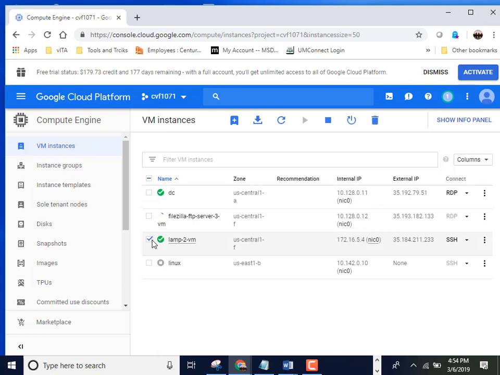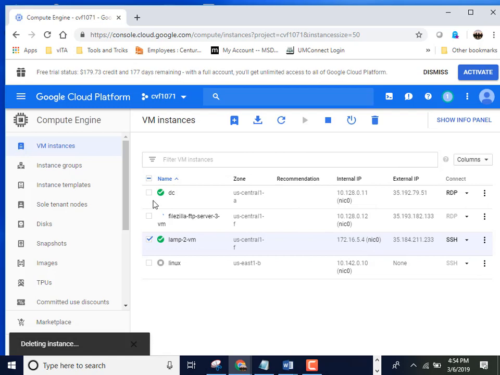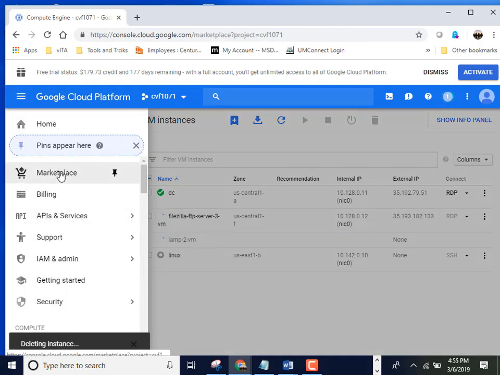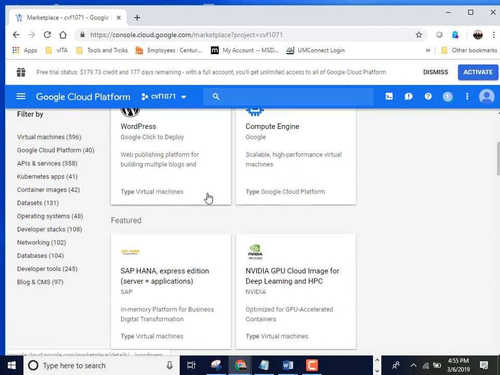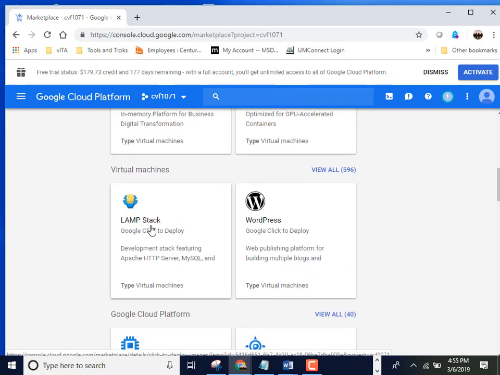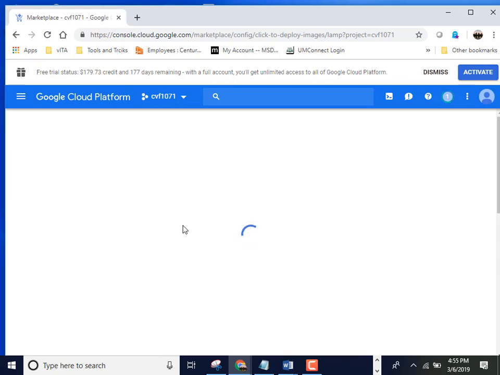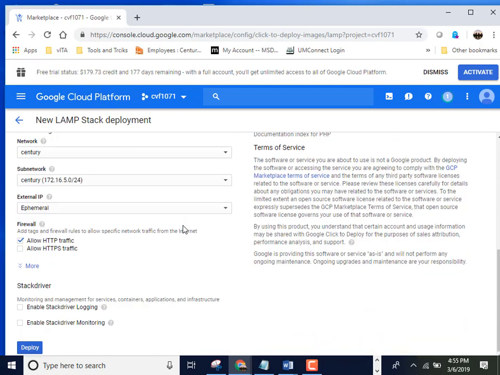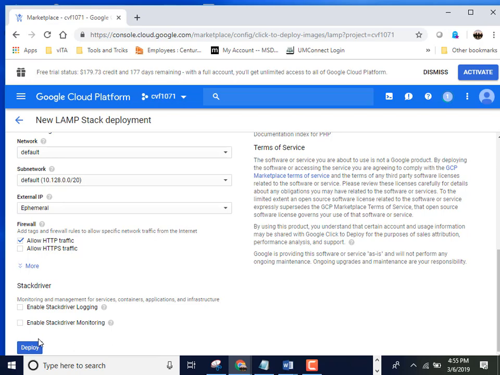I'm going to kill this lamp here, and the reason I'm killing it is because I accidentally installed it on a separate network. So I'm going to go to my marketplace again, and here's the lamp stack here. And I'm going to put it in the default subnet here and go to